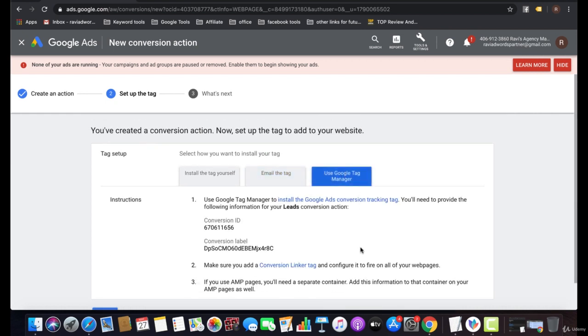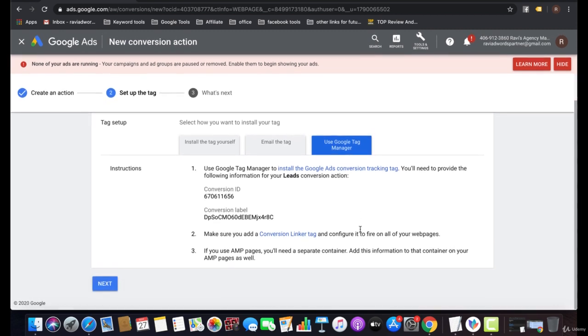The third option is through Google Tag Manager. Google Tag Manager is about everything to do with tracking and creating tags, events, attributes, and all these things. That is the most advanced level of Google Ads, and you can set up your conversion tag with Google Tag Manager as well. You need to create a Google Tag Manager account, and in that you need to create a property. In that property you need to create a separate conversion for the conversion you are targeting from Google Ads, and you can set up attributes, events, and conversion window as well.